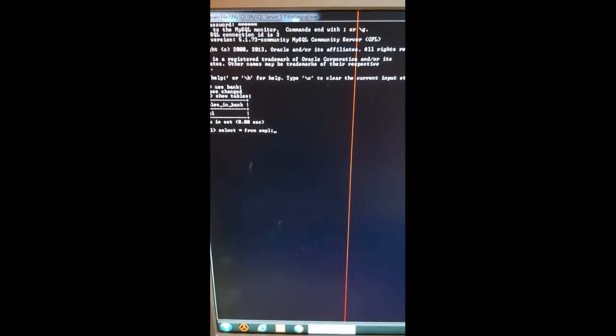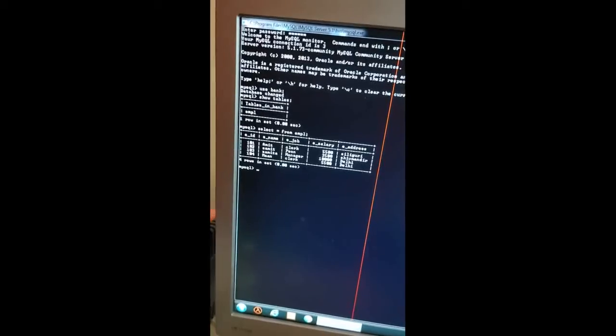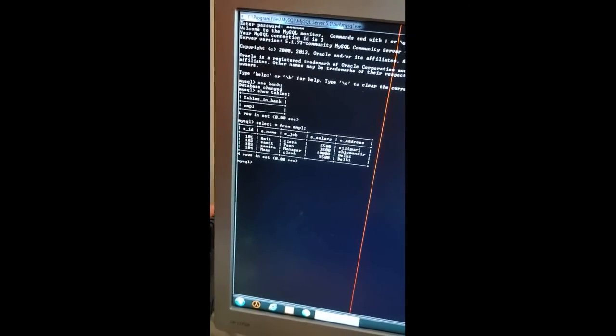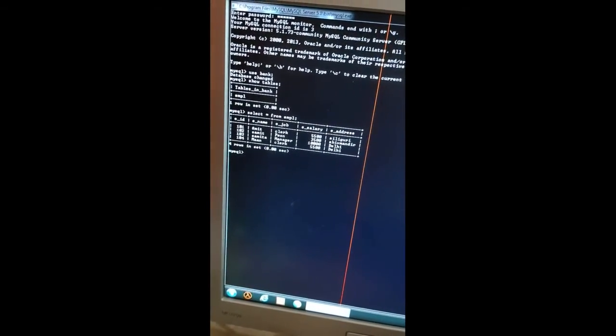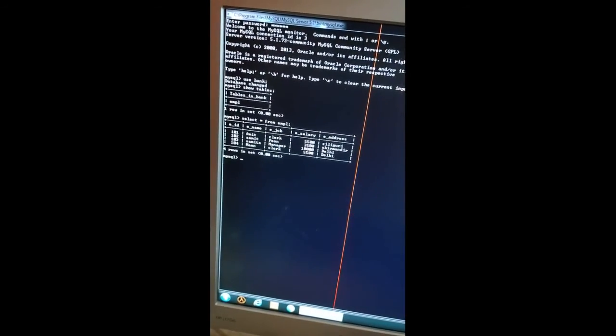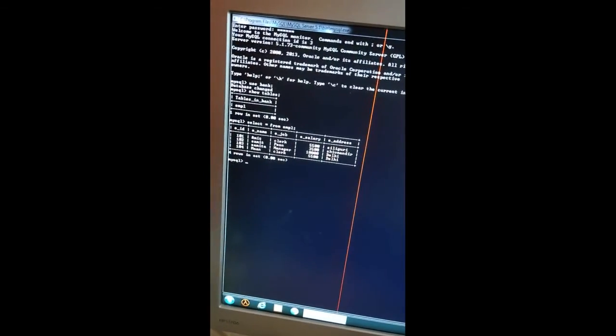It gives the whole table, meaning what data it consists of. You can see this table has employee ID, name, job, salary, and address. There are 4 records in total. So based on this table, let's move to our functions.